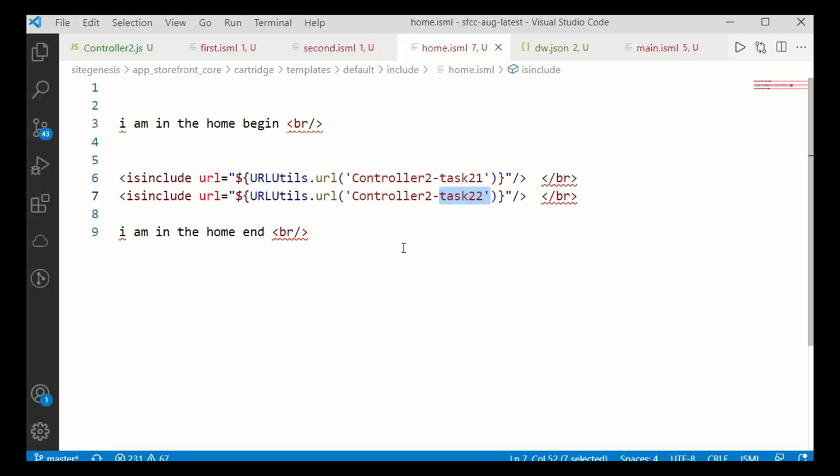Sometimes calling a template from another template may be more convenient. At that time you can use is include with a template. So if you wanted a remote include, then you can go for is include with URL.